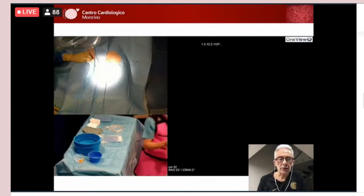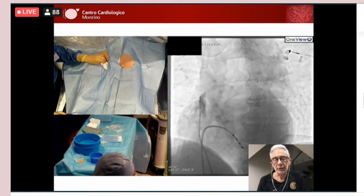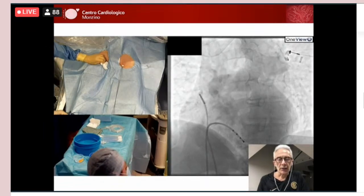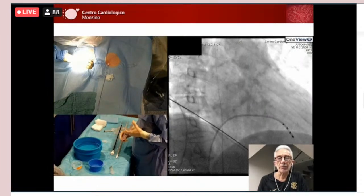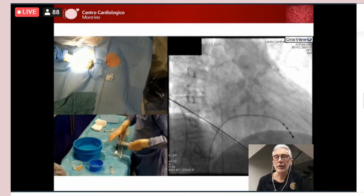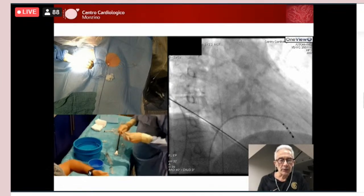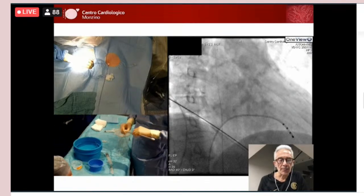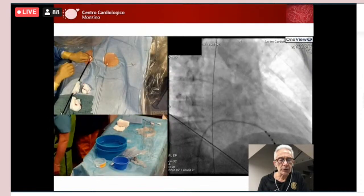Now, let's move to our clinical case in a young patient with a paroxysmal complete AV block. The first step was to visualize the right atrial appendage, and we saw the two images, and then we moved to implant the ventricle device as a first step. So we use a stiff guide wire. Then we prepare our sheath with a dilator as usual, and we introduce it into